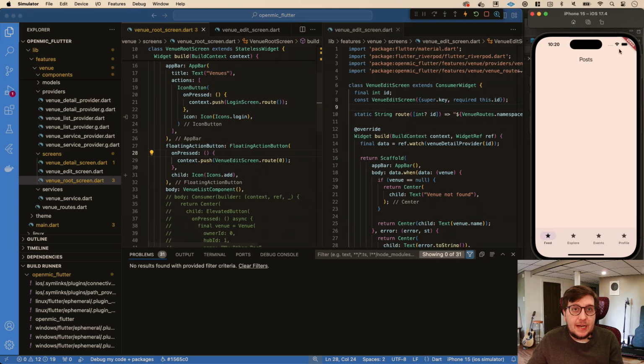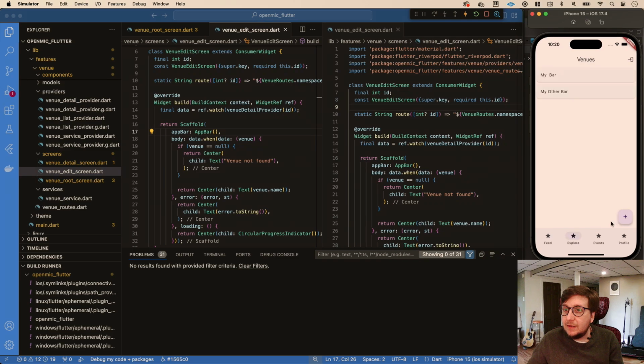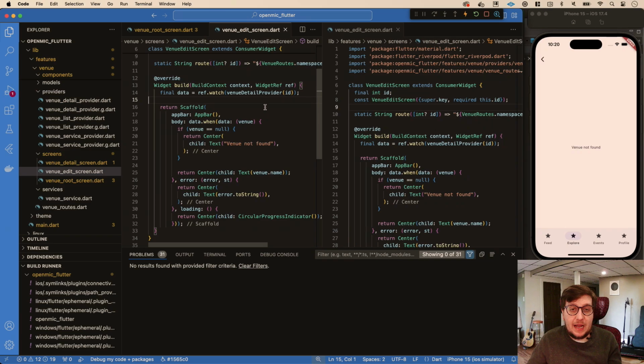So let's just see our venue edit screen, and this will probably result in this venue not found thing, I imagine. There we go, venue not found, because we haven't really updated this. So we want to do two different things here. In the case that we have 0, we just want an empty venue to work with. In the case that it is a number, we need to go search and find something. So I'm thinking for this,